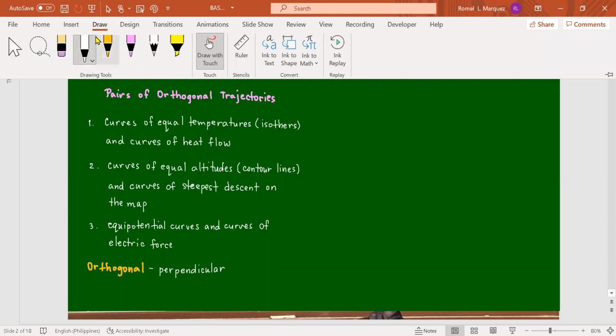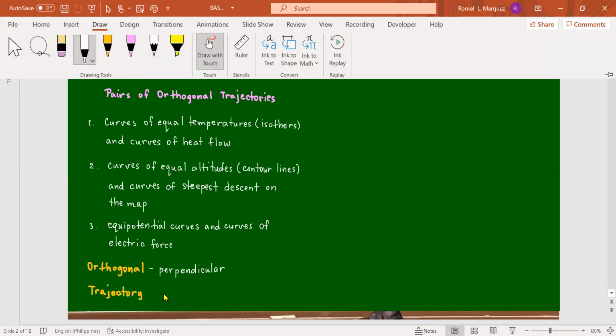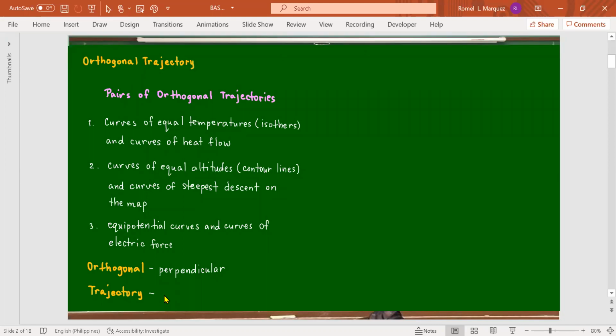And the word trajectory means cutting across. Okay, guys? So let us consider